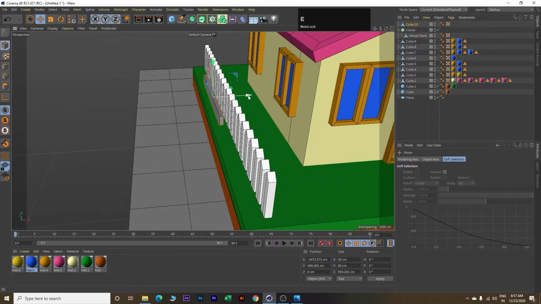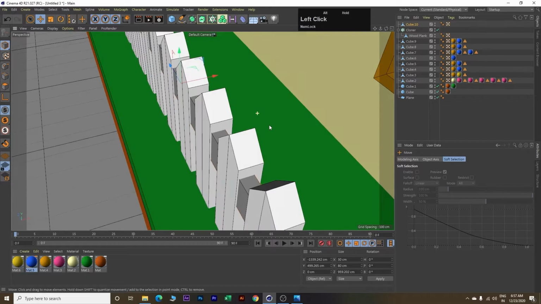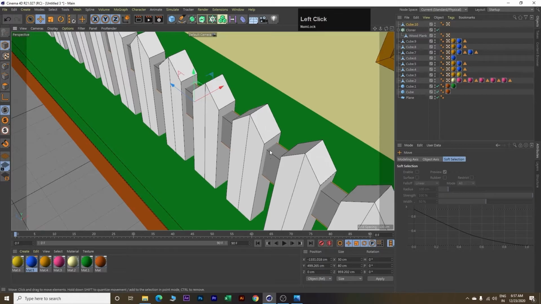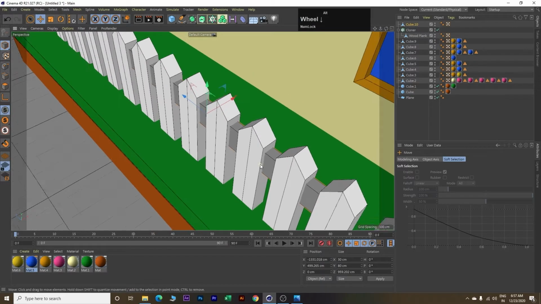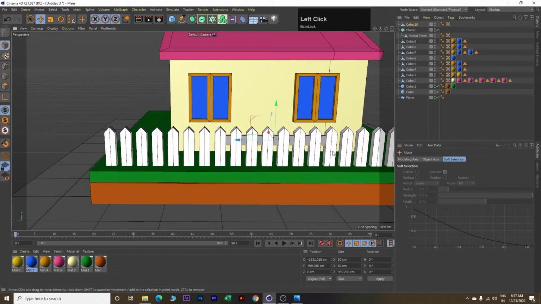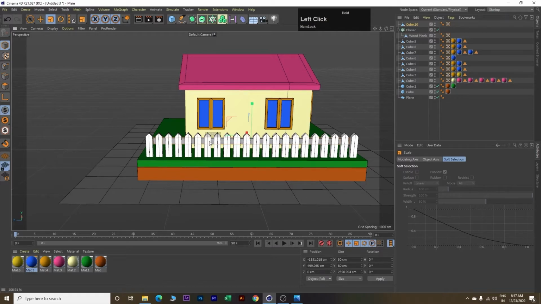So click E on your keyboard, move it toward inside, zoom in and see if this fits well. Perfect. So see, this is how this plank is just in between these fences. Now zoom out, click T on your keyboard and increase the size of this plank. Again zoom out, increase it further. Okay, so this looks good. Click E on your keyboard and move it a little downward.